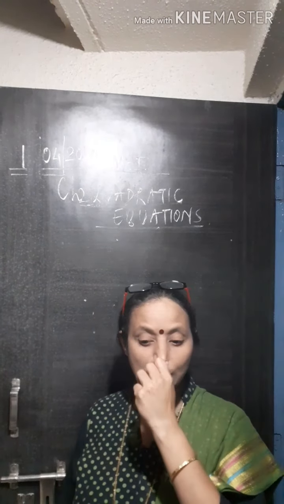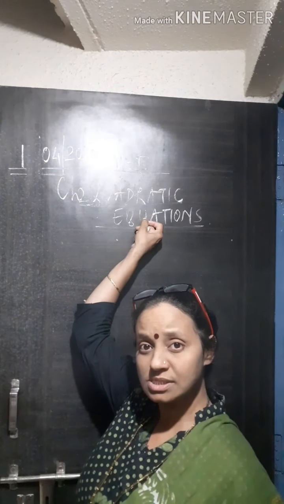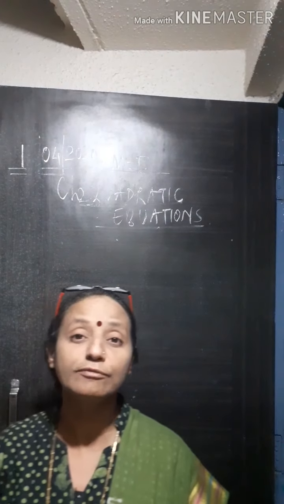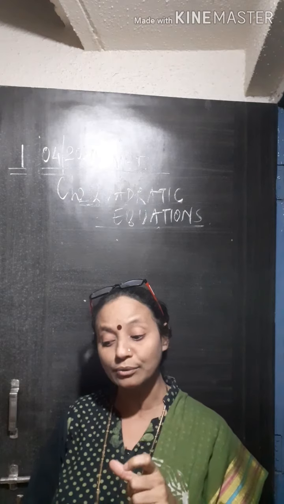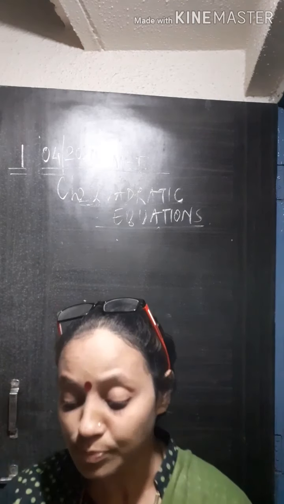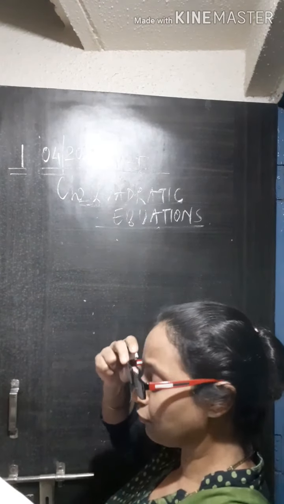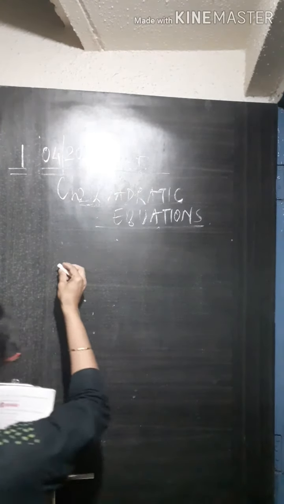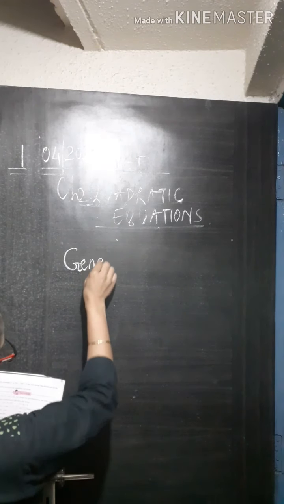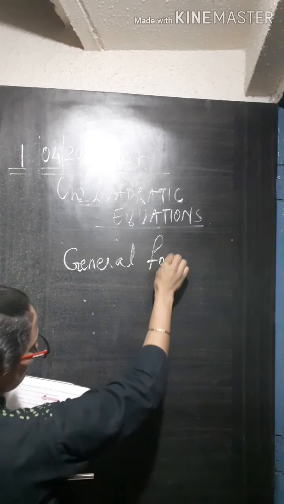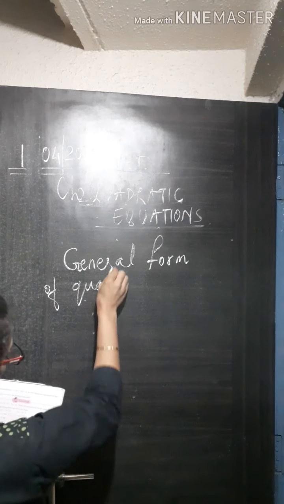Good evening, children. So once again, we're going to start with the Maths 1 quadratic equations. Now, in the previous video, I had given you the definition of quadratic equations and you had noted it down in your notebook. I want you to add to that definition a small part which is also very, very important. You will write down the general form of quadratic equation, which is also called the standard form of quadratic equation. So the standard form and general form mean the same. Now the general form of quadratic equation is as follows, that you have to write down.